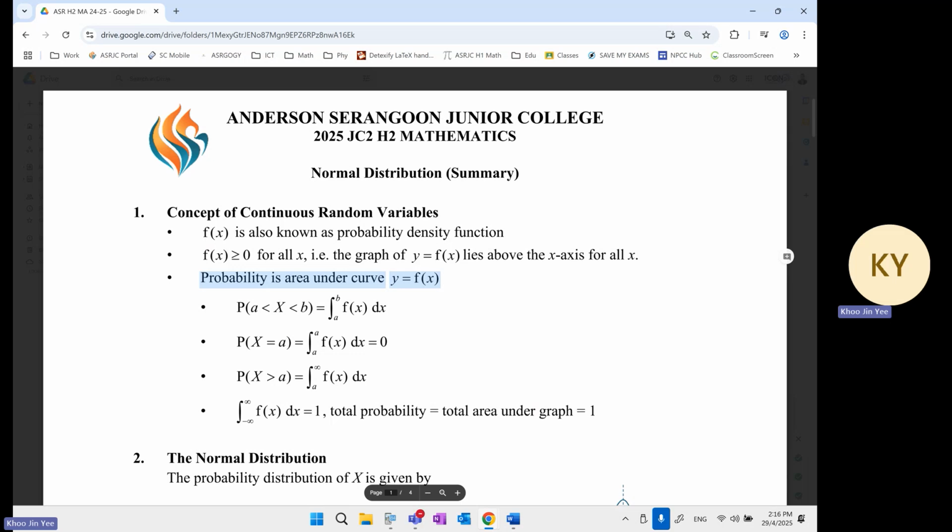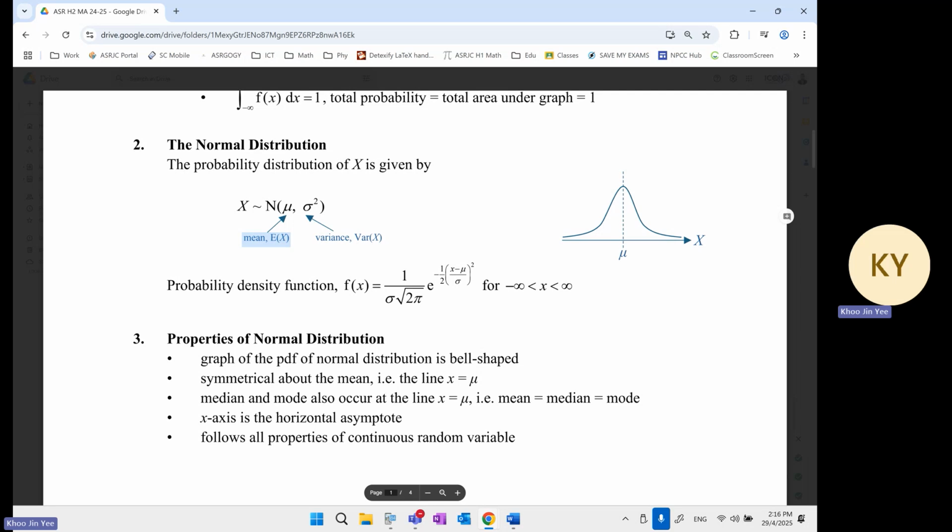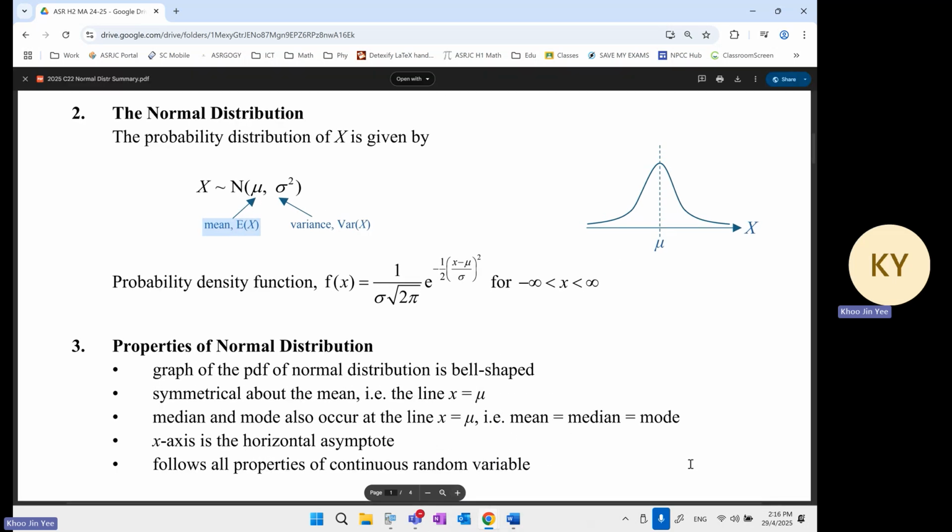Now, going on to normal distribution. So what is a normal distribution? In physics, or in math, or geometry, normal means perpendicular, like normal vector, normal line to the curve, that kind of thing. Now, however, for statistics,